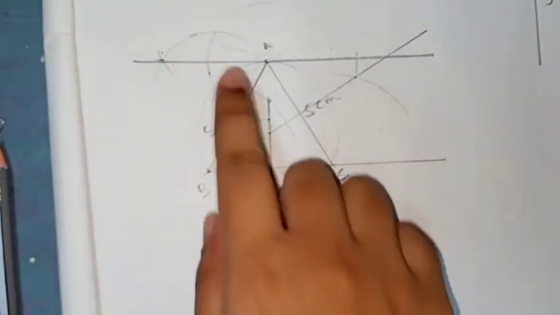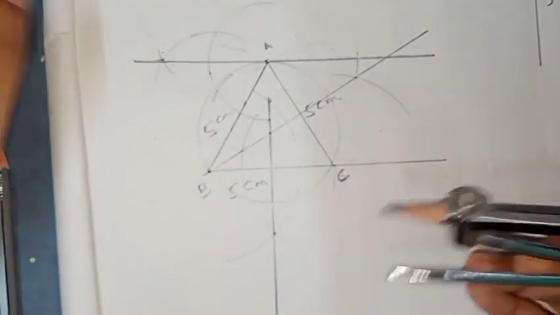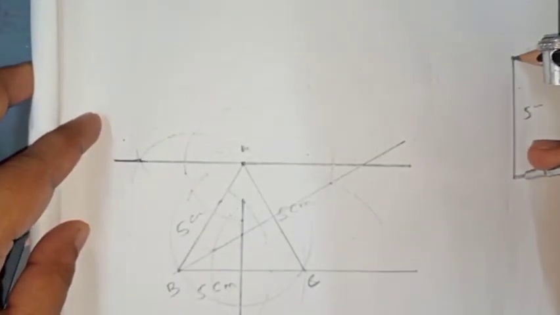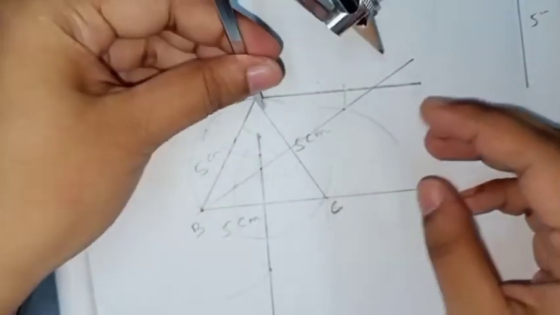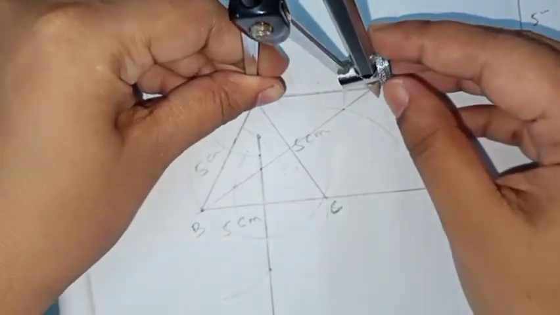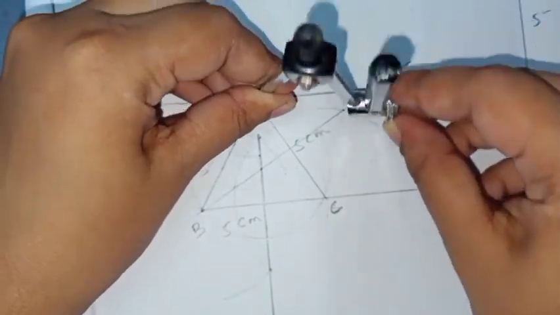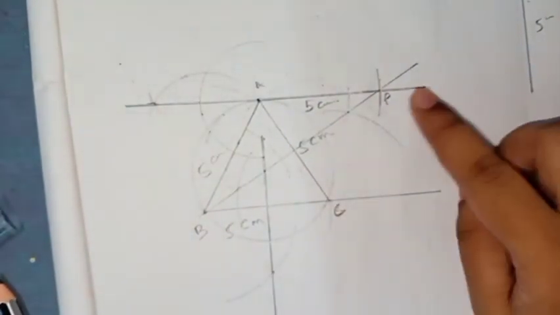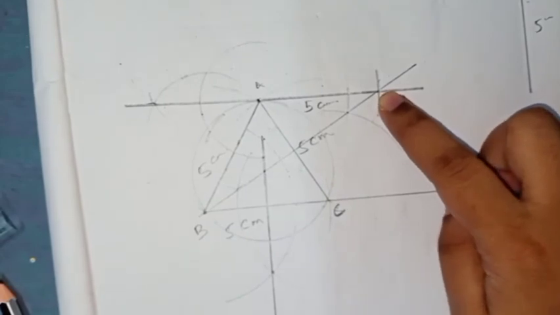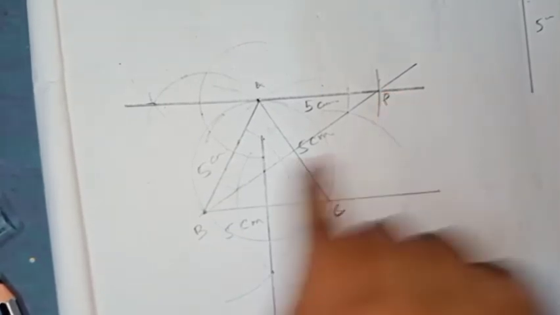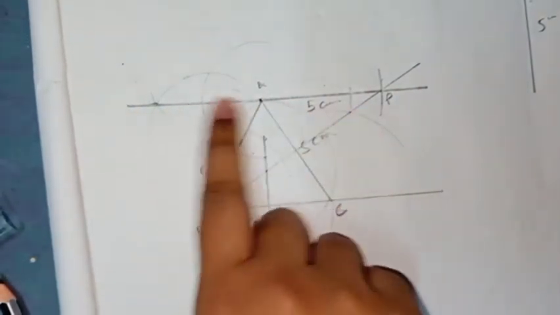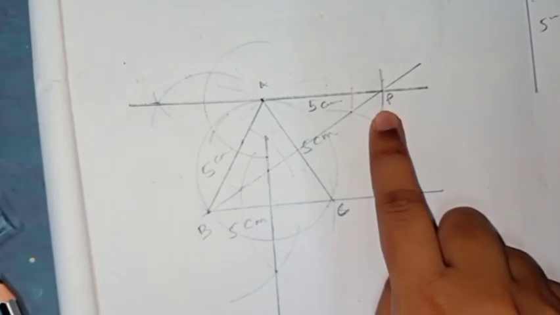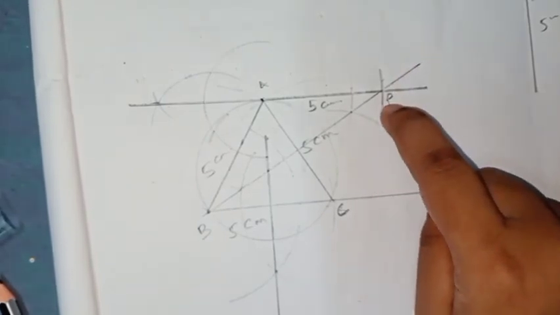After this, in this tangent you have to take P point such that A and P will be 5 centimeter. So first I am taking 5 centimeter. Okay, then I am putting my compass at point A, and I am cutting this one, and I am giving name P, and it is 5 centimeter. Now from point P you have to draw one tangent. When this type of question comes, first draw a tangent from the point A, then on that tangent take any point P, and from that one you have to draw another tangent.